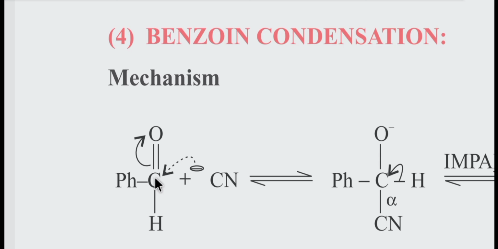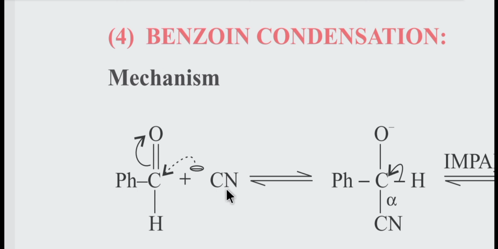First of all, this carbon is the benzaldehyde carbon, and it is electropositive. Why? Because it is attached to a highly electronegative element, oxygen, and oxygen withdraws the electrons from this carbon. So this oxygen gets a partial negative charge because of withdrawing the electrons, while the carbon donates electrons towards oxygen. So the carbon gets a partial positive charge, which means any nucleophile can attack it; it acts as an electrophile.